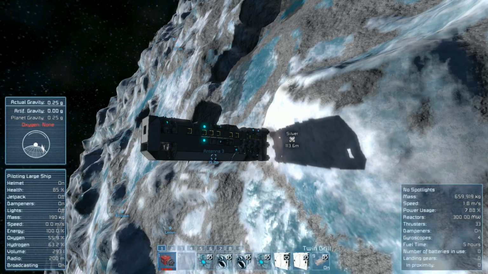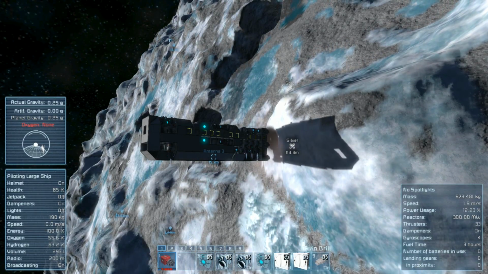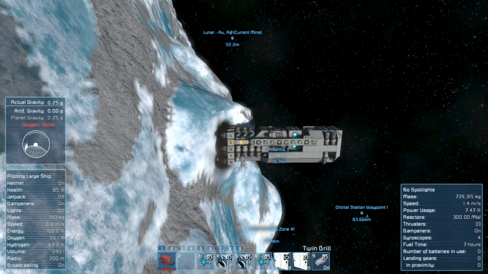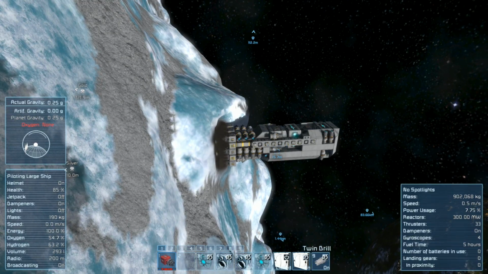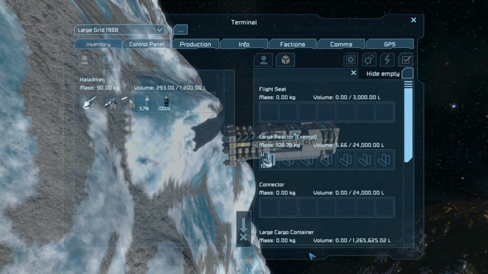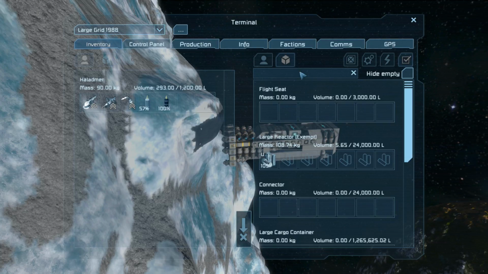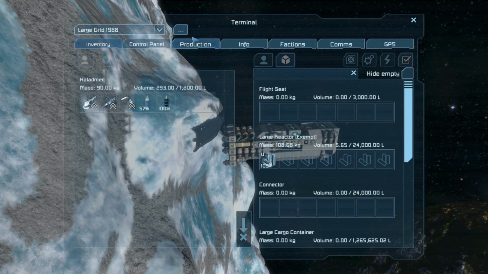When we are mining, this is not a time for the system hangs. Come on. Take it nice and easy so that we're not destroying our ship. Okay, so we have about 300K of mass on board. Let's see how much of that is ice. Okay. Why are we not...